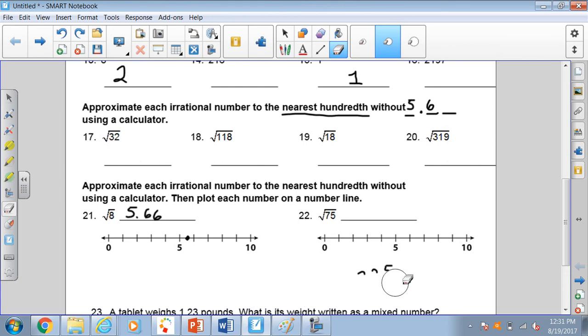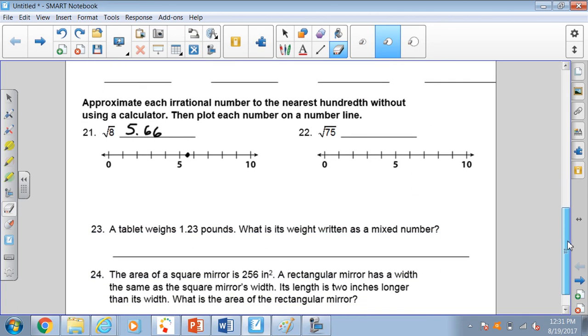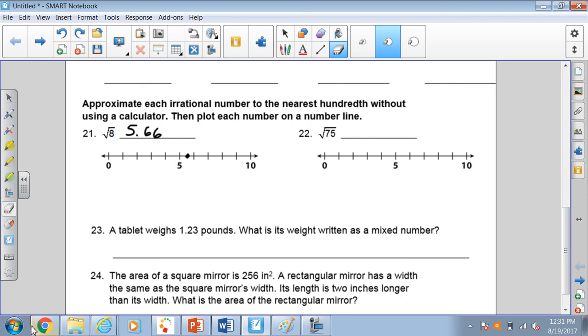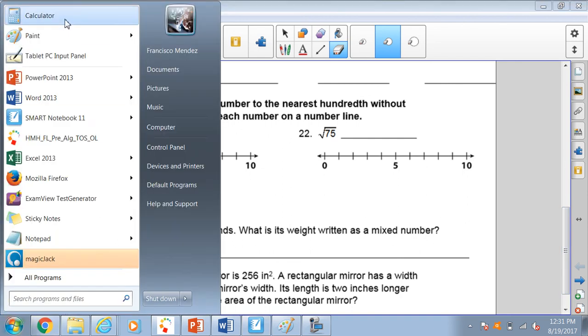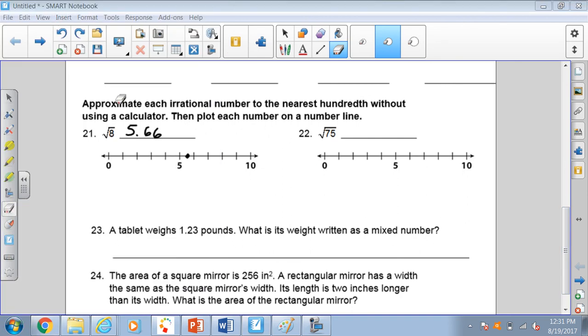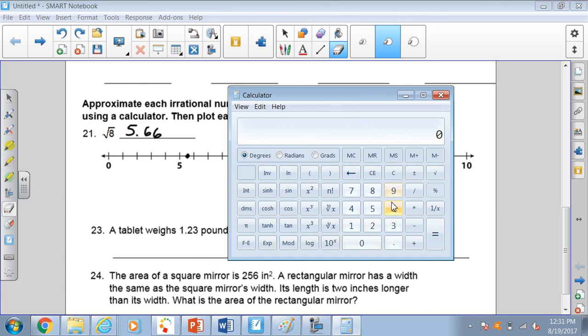Remember, it says try to do it without a calculator, okay? I know many of you will be tempted to go ahead and just plug that in, and you probably will get a suitable answer, okay? If I wanted to check my work, for instance, and say, well, what is that? I could say 8 square equals,